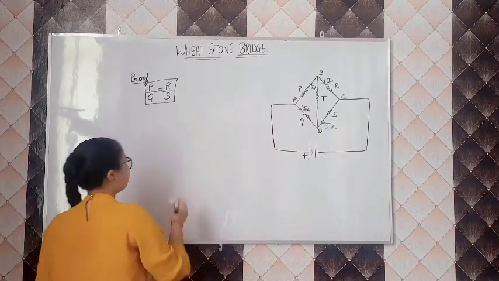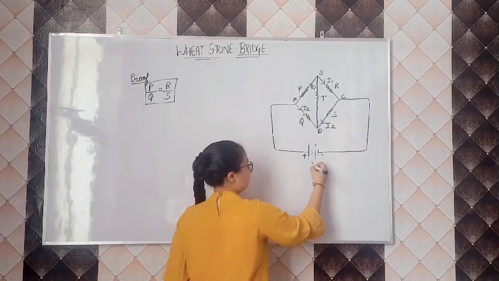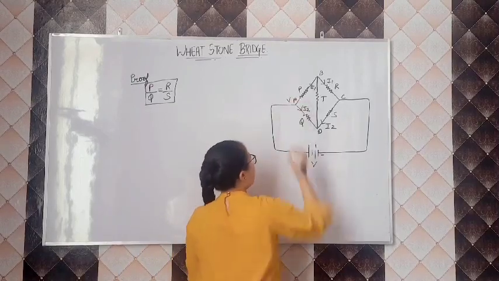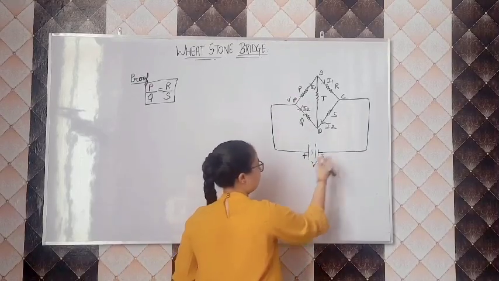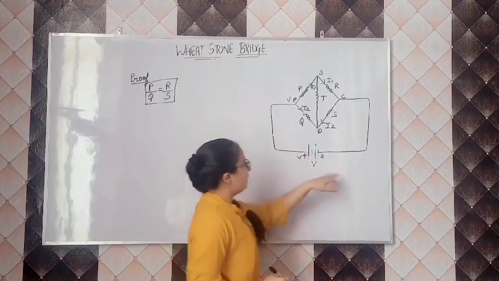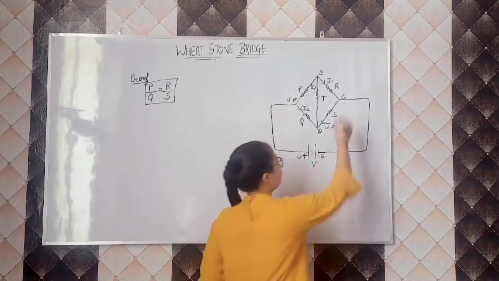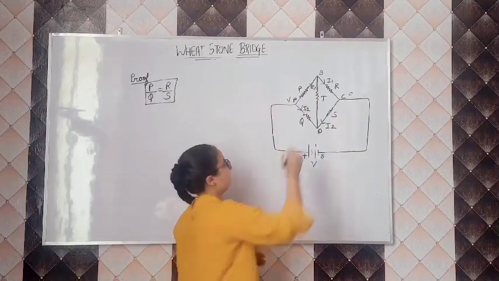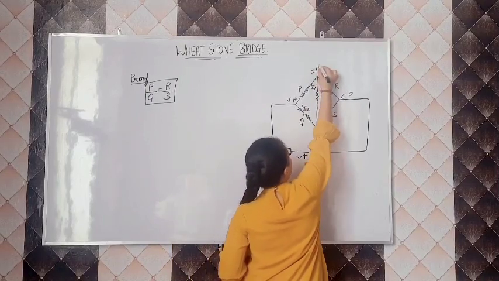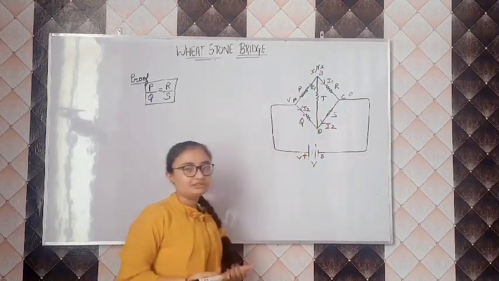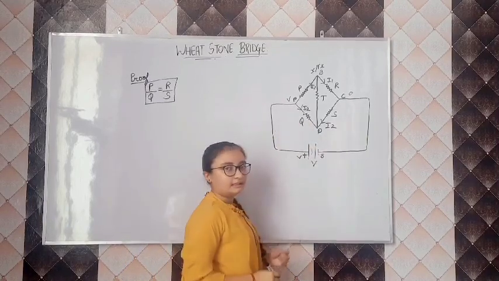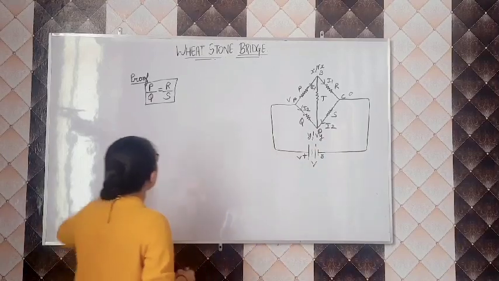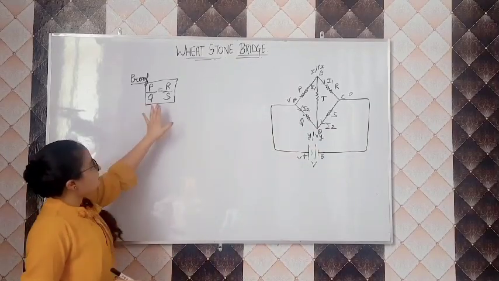So let's prove it. As you know, the potential here is V, so at point A the potential will be V, and here it is 0 and here it is V. At point C, the potential will be 0. At point B, you can take any name, such as X or Vx, according to your choice. At point D we will give the name Y or V1. We have to prove that P upon Q is equal to R upon S.